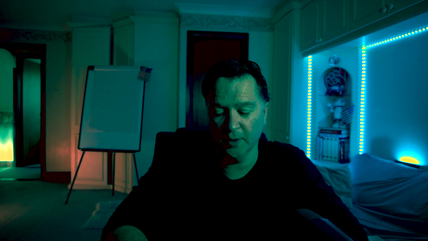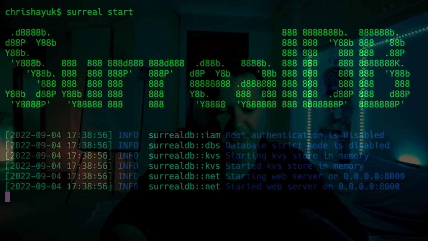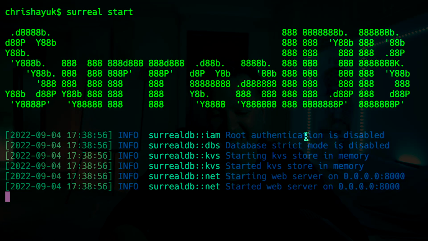So we'll do that in a few minutes, but for just now, we actually need to get our Surreal database up and running. And I'm going to type in surreal start. So if I type in surreal start, you can see it's got a very funky SurrealDB up and running. And then as you can see, it opens up an in-memory key value database to begin with. And actually, that's probably one of the first things I would say is SurrealDB is really good at key value stuff. And we're going to show that in a second. It is really super fast for that type of scenario.